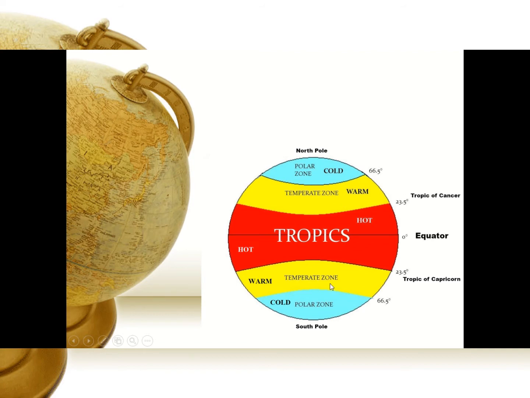Tropic of Cancer and Capricorn are having temperate zone. They basically have a warm or moderate climate, neither too hot nor too cold. Whereas when we see this polar zone, it's also known as frigid zone. Here the temperature is very low. It's extreme cold because here sun rays cannot fall vertically. It's slanting and a very small part of this region gets sun rays.